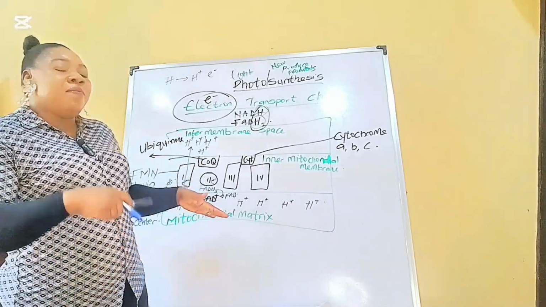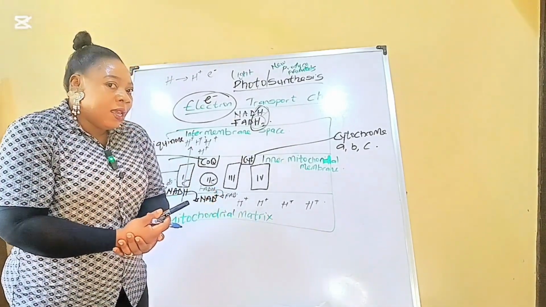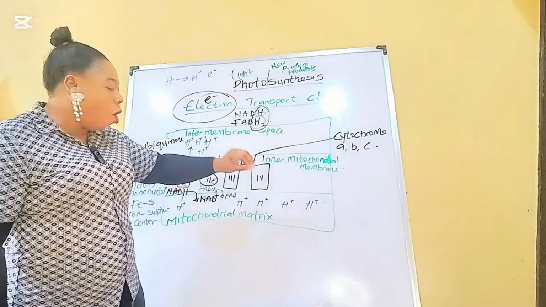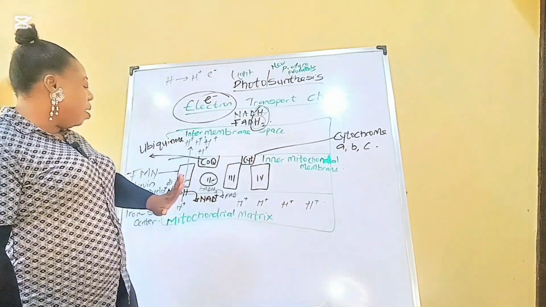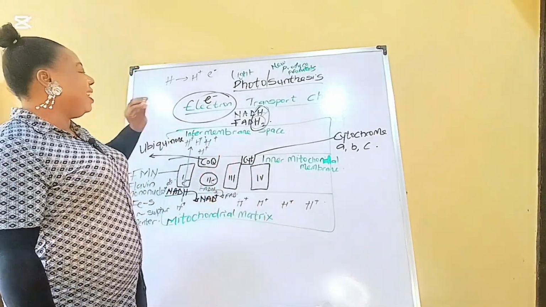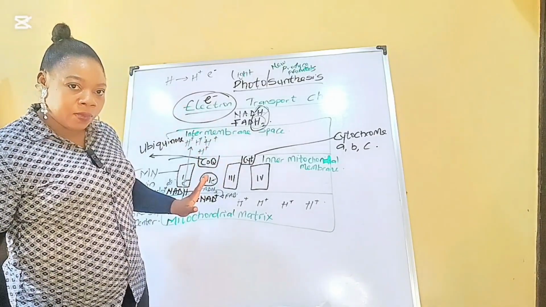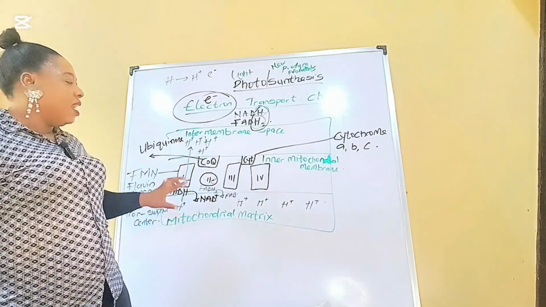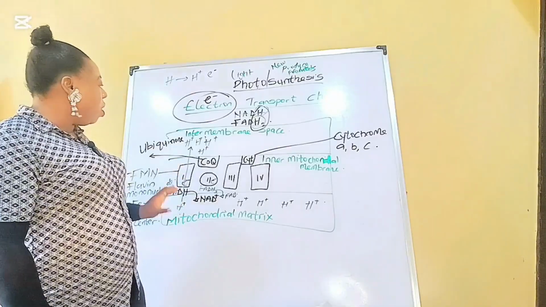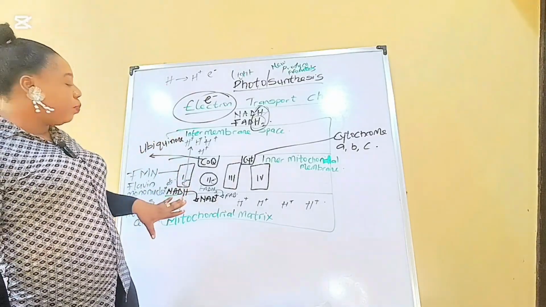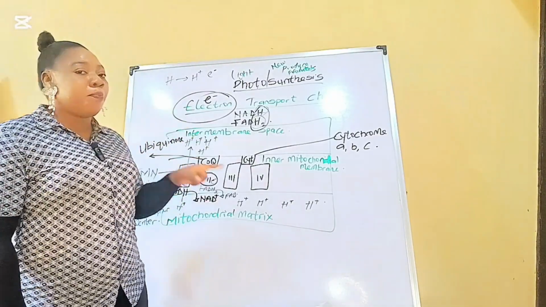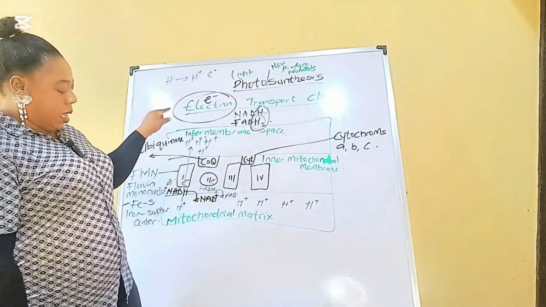The electron will remain there until further notice. It will not supercharge it. No proton will be pumped from the mitochondrial matrix to the intermembrane space. But in complex 1, electron will supercharge complex 1, thereby causing proton pump from the mitochondrial matrix to the